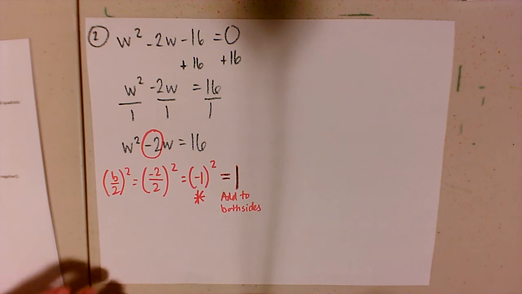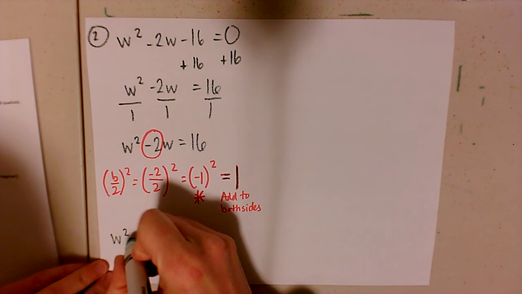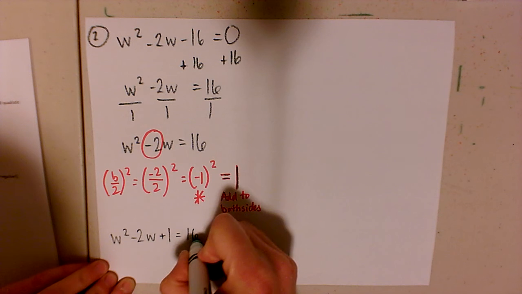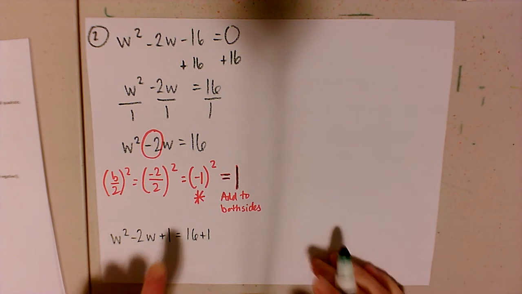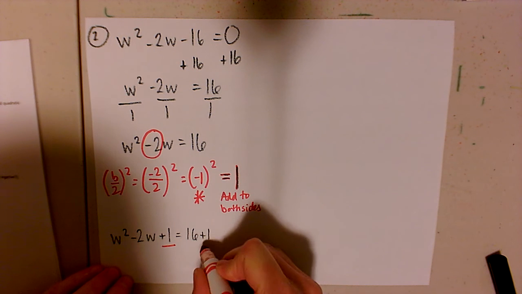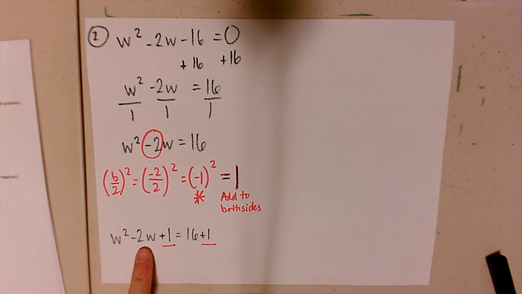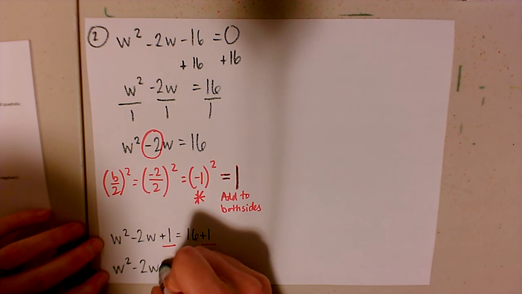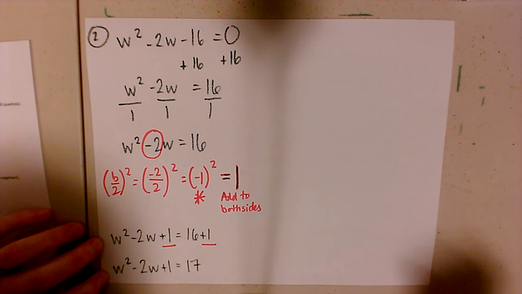Okay? So I'll have w squared minus 2w plus 1 is 16 plus 1, right? So I took this 1 and I added it to both sides of my equation down here, right? I can underline where I did that. See, there's the plus 1, and there's the plus 1, and then w squared minus 2w is original from what we had in the previous step, and the 16 is from what we had in the previous step. And then we can go ahead and simplify this, and we get w squared minus 2w plus 1 is 17,